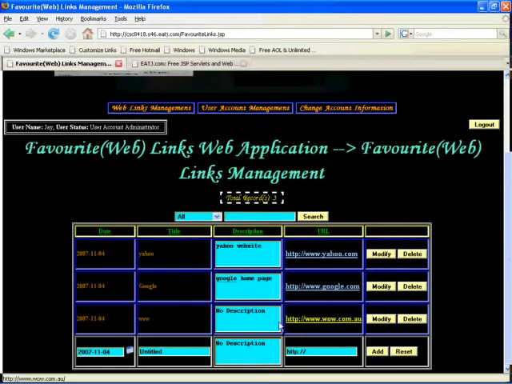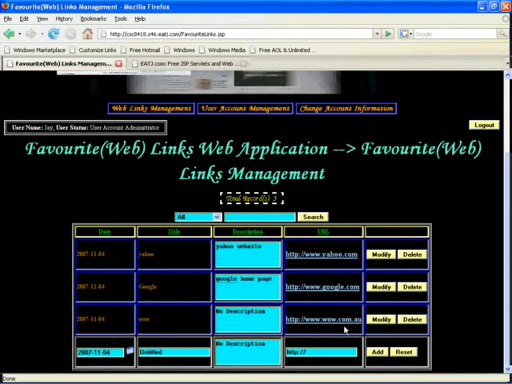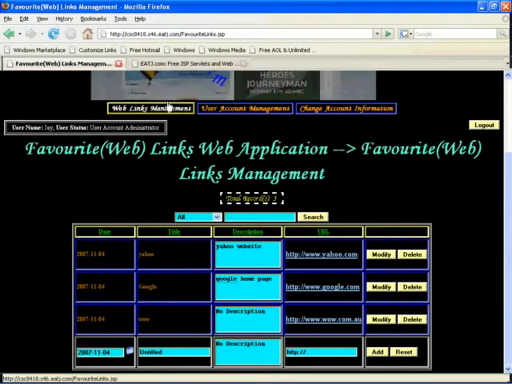So in here you can see www.wow.com.au has already been entered into the database.